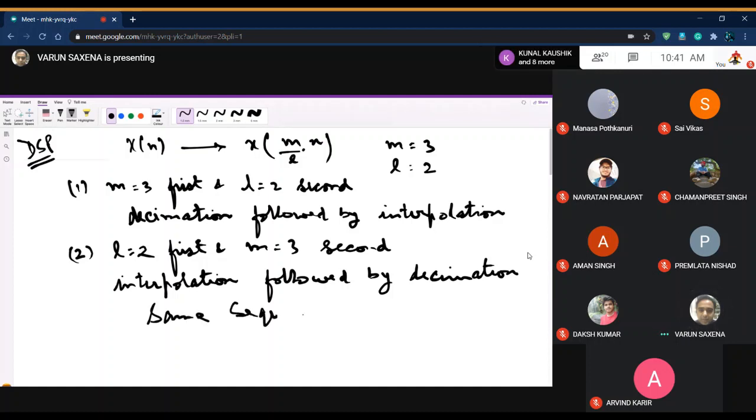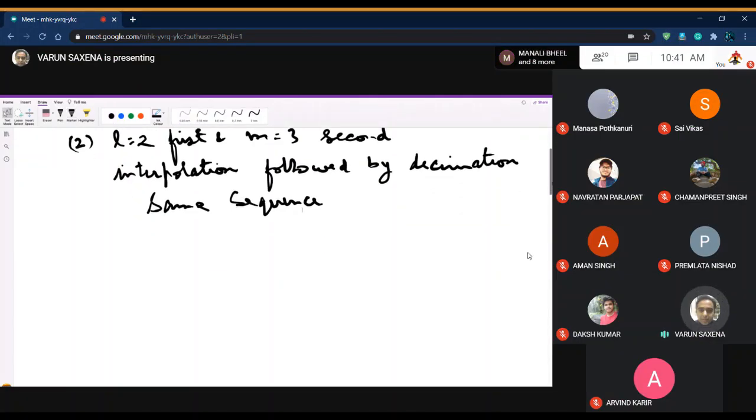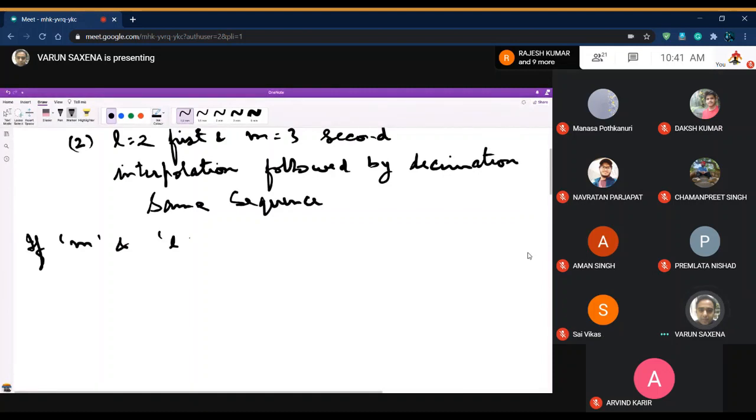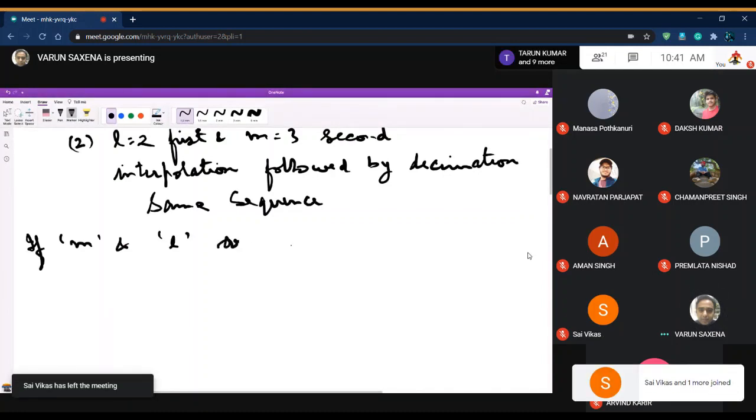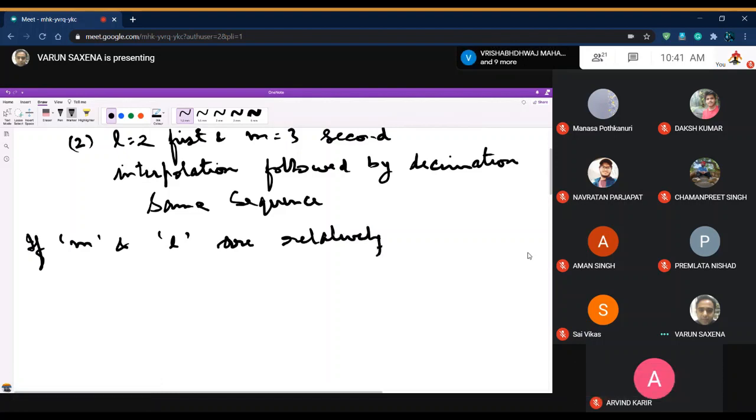However, there is a condition to it. The condition is as follows. Basically, if M and L are relatively prime, you will get the same answer. Relatively prime means no common factor. There is no common factor